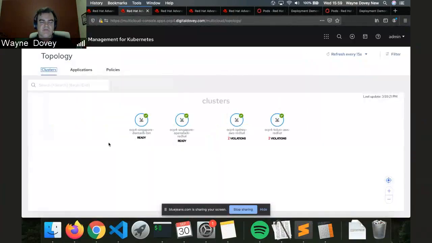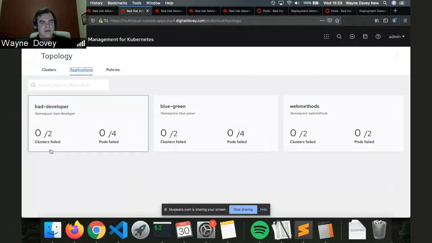Cool. So on the next screen, we have the topology view. In the topology view, we've given a breakdown of all the clusters under management, as well as any kind of violations or policies that potentially might be of interest or an issue in the setup. You can see that there's links off to each of these where I can actually investigate what's going on. Further to that, I have a view of the application topology. So each of these applications can be linked off to view more information. And you can see it's a good summary of this that I presented.